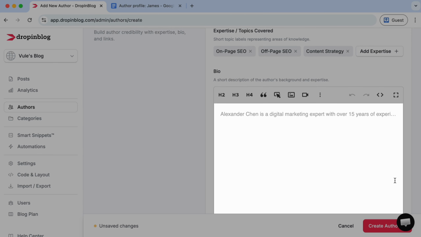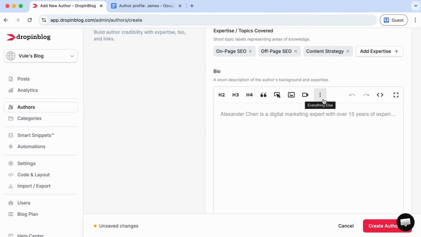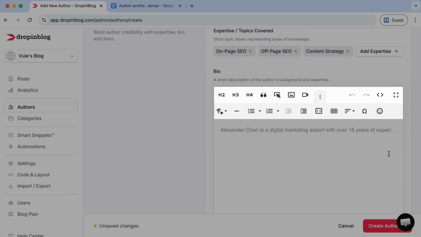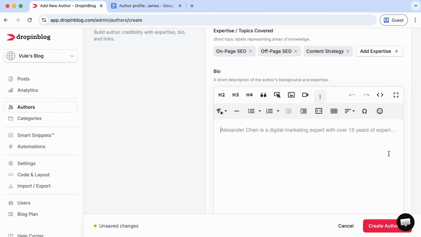And this section here is where you add your author's bio. This top bar here in the bio editor should be familiar, as this is similar to the one you have on the post editor. So you have most of the elements and formatting options that you would have in the post editor. You can add headings, block quotes, images, videos, CTA buttons, and several other elements and formatting